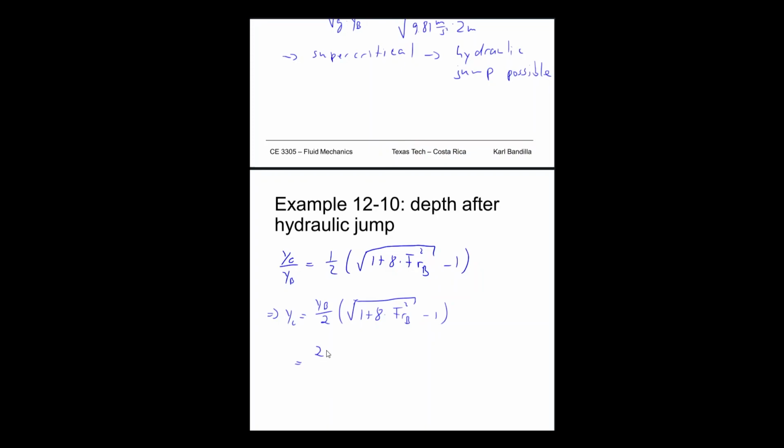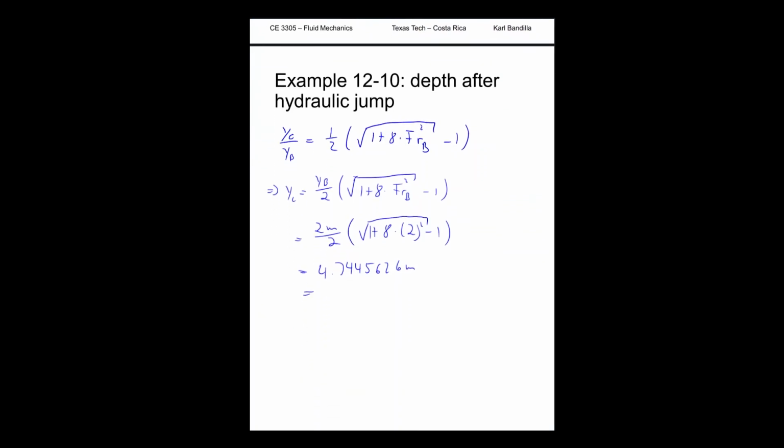So that'd be 2 meters divided by 2, times the square root of 1 plus 8 times our Froude number, which was 2, squared, minus 1. Oops. Close that square root. And that is 4.744526 meters,